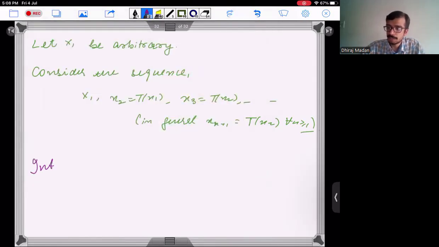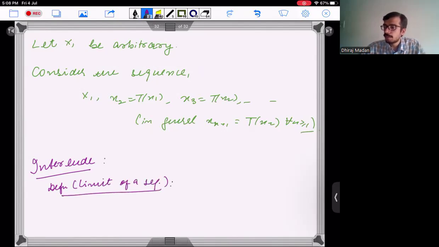So let's take an interlude. I'll just cover 2 definitions. So first is the definition of a convergent sequence, right? When we say limit of a sequence. So a sequence x1, x2, and so on, is